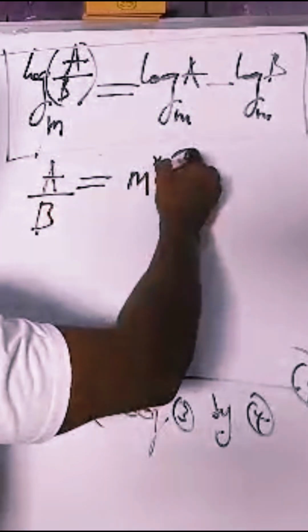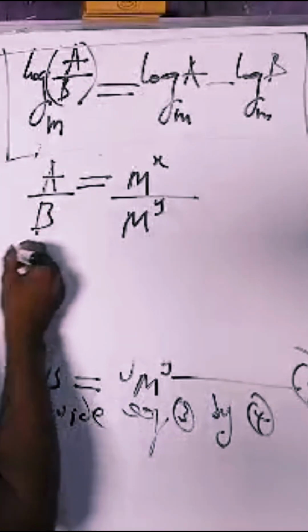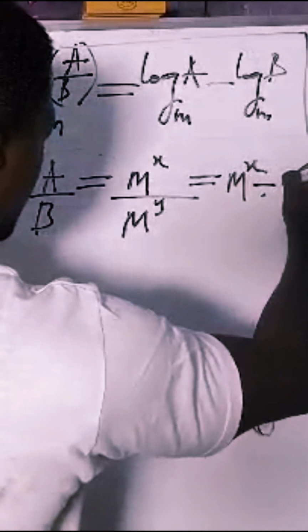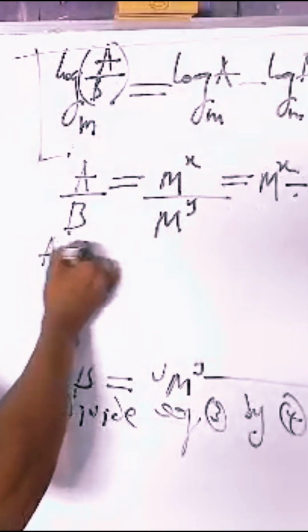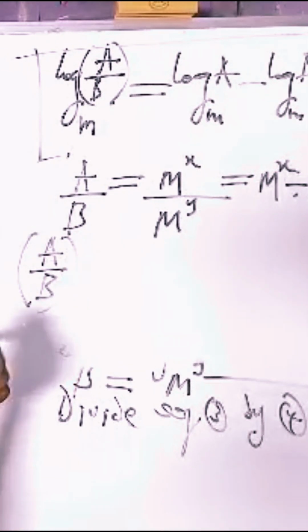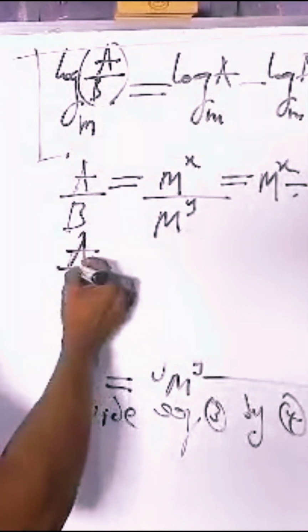And that will produce m raised by x divided by m raised by y, which is as good as m raised by x divided by m raised by y. So we have a over b. Let me write it clearly. a over b is equal to